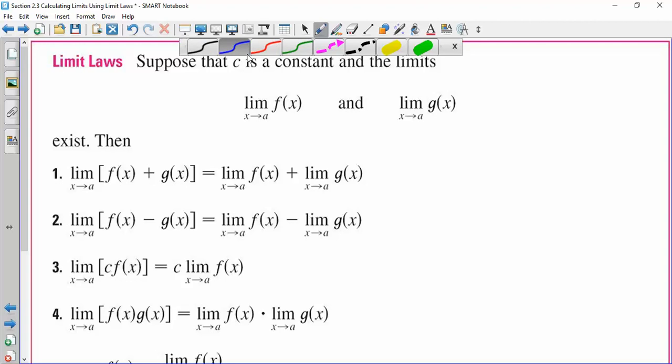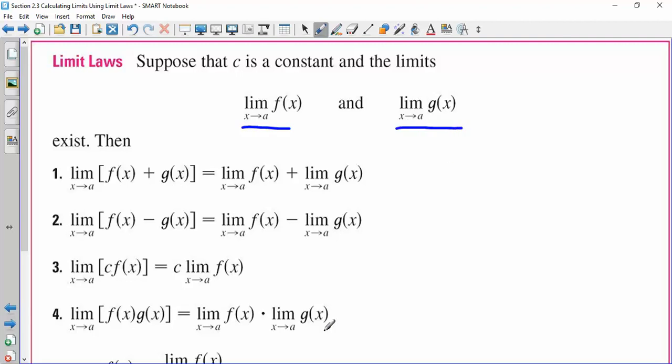So we are going to run through this list. Let's just say that the limit as x approaches a of the functions f and g both exist. So neither one does not exist. They both are out there. Then the limit of the functions added together is just adding the individual limits. Okay, so if I said you have x plus 2 and 3x plus 1, you can either add those functions together and then find the limit, or you can do the limit of each one separately and add them together. Same thing, either way. That works with adding, subtracting,